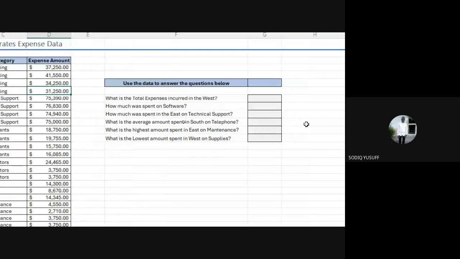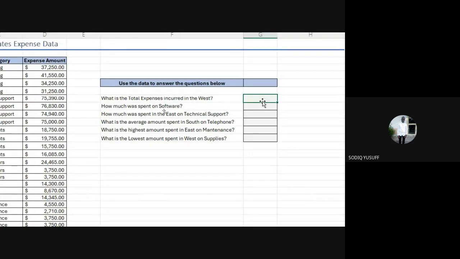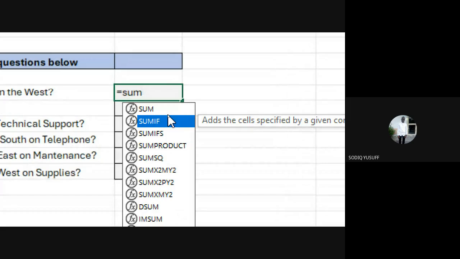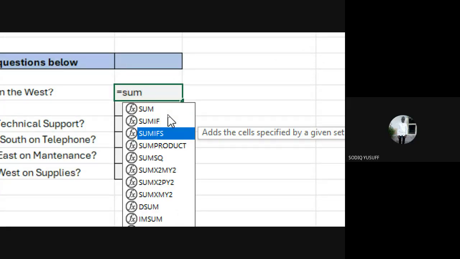Right? But in this case, the goal is for us to use the sum if. Now, are we all together? Yes, sir. Okay, now let's proceed. When we go into where we want the answer to be, let's say equals to sum. Everyone, you must practice along with me. Equals to sum. Now, when you check, you see that we have the sum function. We have another function, which is the sum if. And under the sum if, we again have the sum ifs.